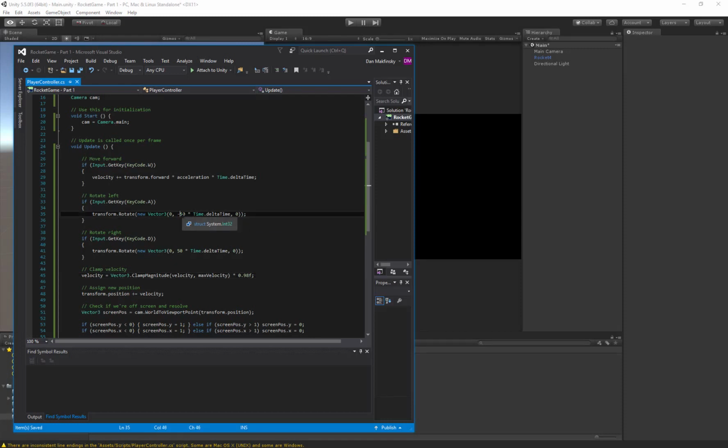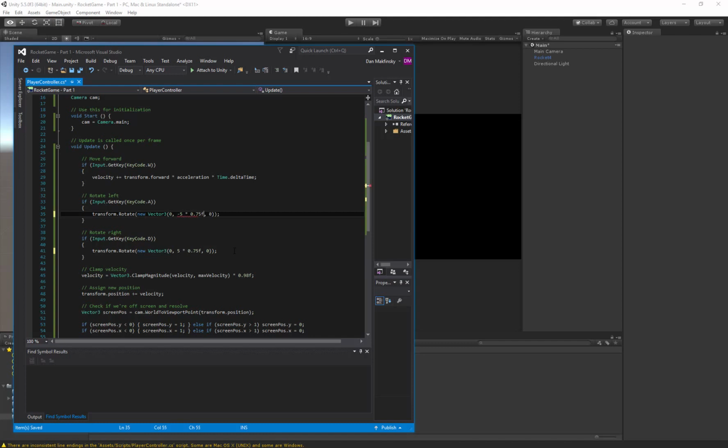So we could either remove the delta time and just use some sort of, let's set this back to 5 and this to 5, and we'll just multiply this by 0.75. And I'm coming up with these numbers off the top of my head right now,